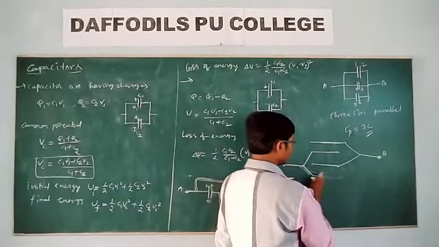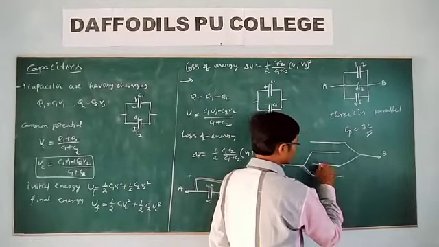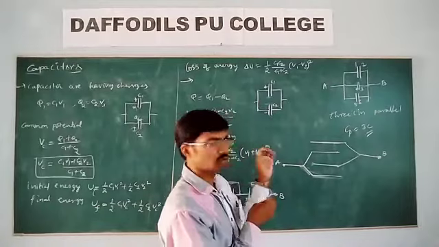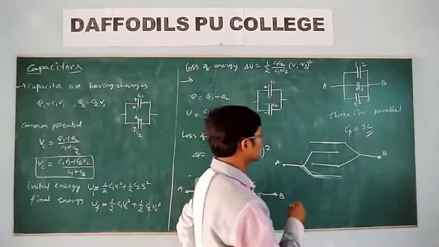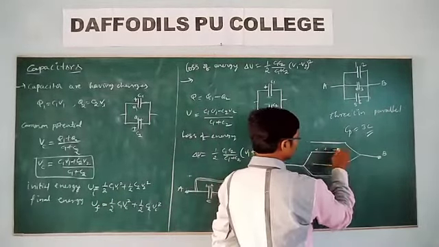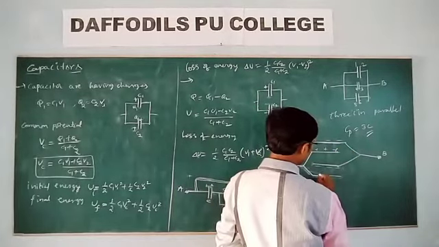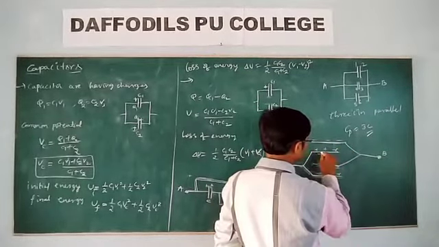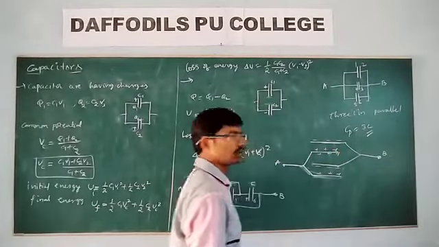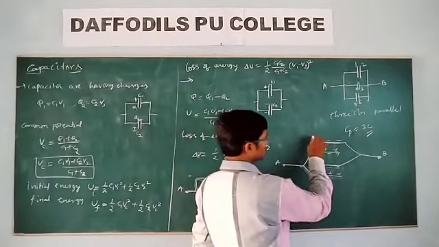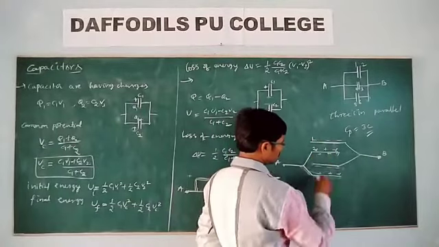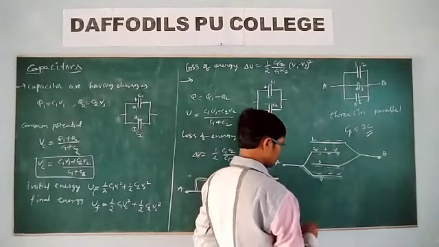So here are two different metals which are combined in this combination, and if one is positive and the other is negative, then what is the equivalent capacitance of the combination? Now let me take here again, if it is 1, 2 and this is 3 and it is 4.